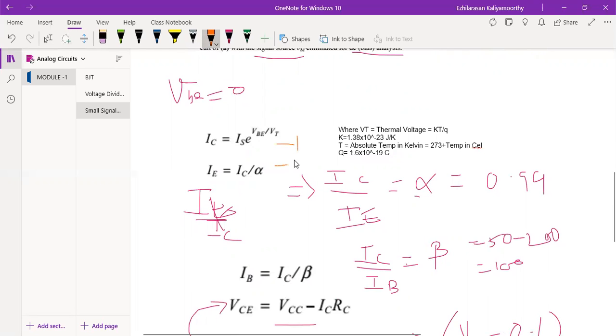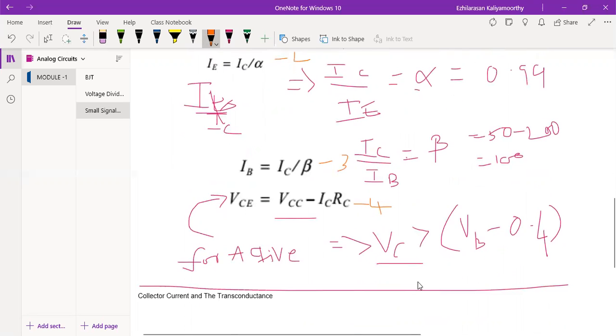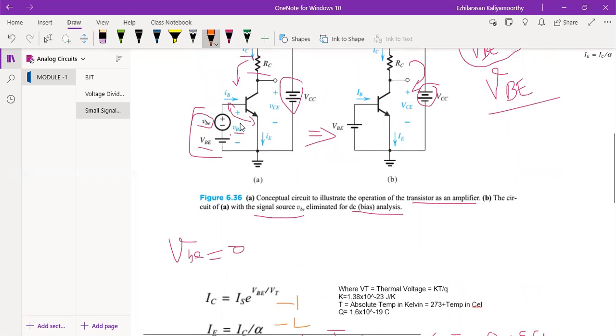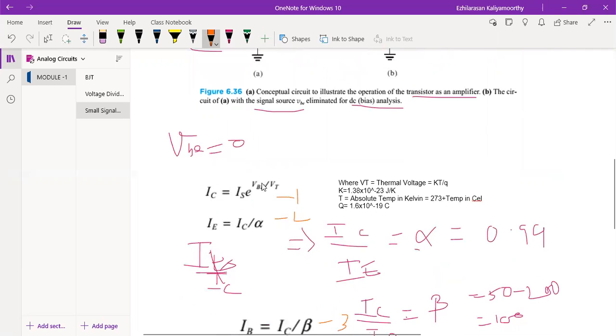I will take this as equation number 2. Then I will consider this as equation number 3. This equation number is 4, I will take. So now what you will do: the signal VBE, that is nothing but this signal, is applied in equation number 1. Then the total base-emitter voltage VBE becomes...